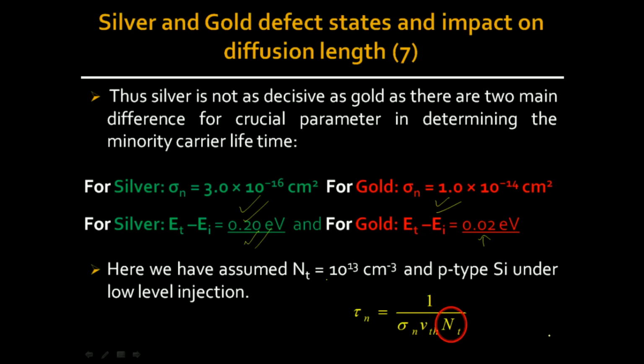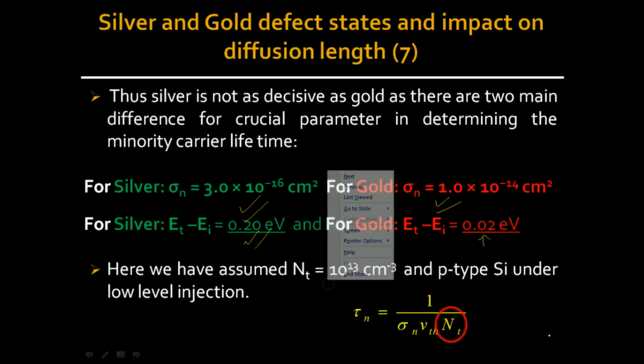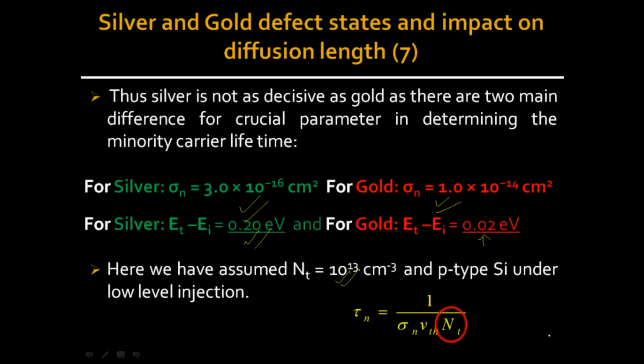And this calculation is based on a particular value, that is about 10^13. If you calculate this important parameter, you can vary it and then you will have a different scenario also, but this is just to give you a feel of how it is going to impact the performance of the cell. So definitely you should be careful when you are processing your solar cell, that there should not be any gold contamination, or any gold-related process done in the same environment where you are processing the solar cell, because it is going to impact your solar cell performance heavily.